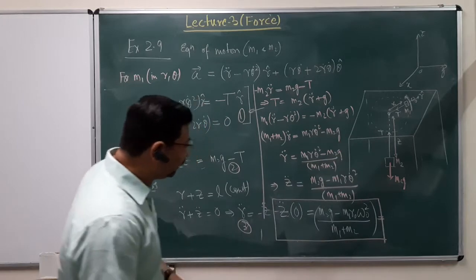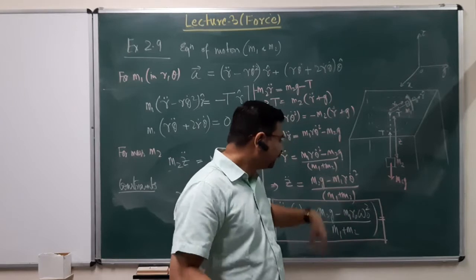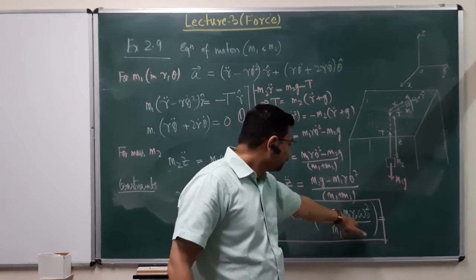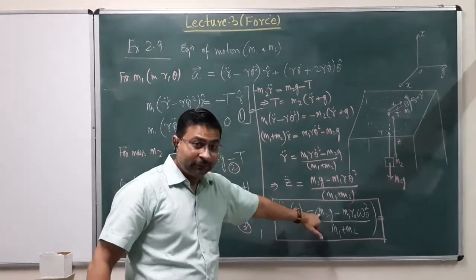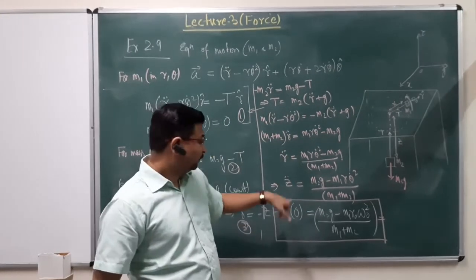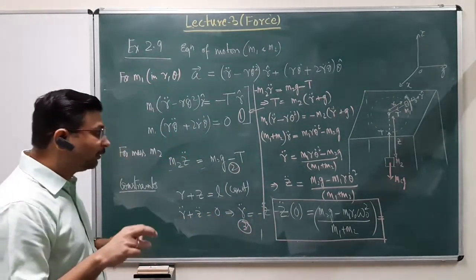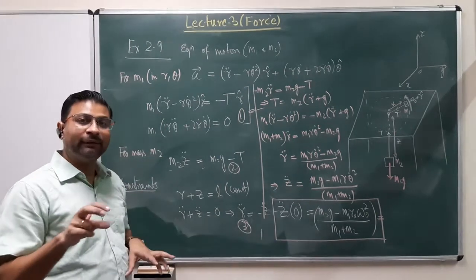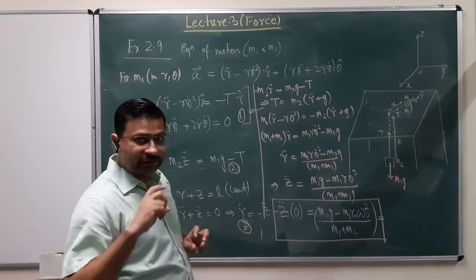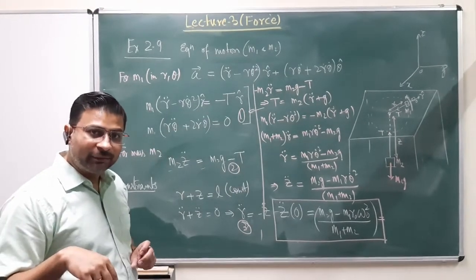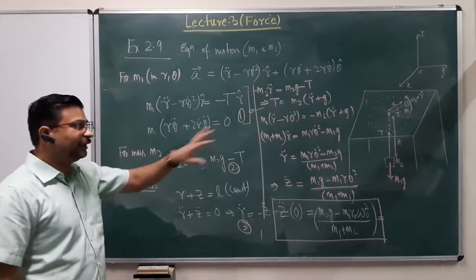So this is the relation, and from here what we can see is, if the initial condition is set such that m1 r0 omega naught square is equal to m2g, then z double dot is 0 and correspondingly r double dot is also 0. So that is the condition for the system to be in equilibrium. Mass m1 will keep circling at a constant radius r0 with constant angular velocity omega naught on the top of the table, and that provides enough tension to hold this weight m2g at a distance z.